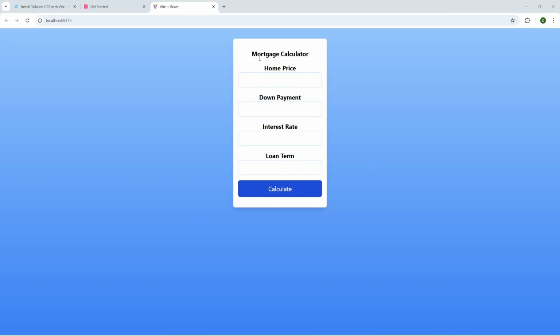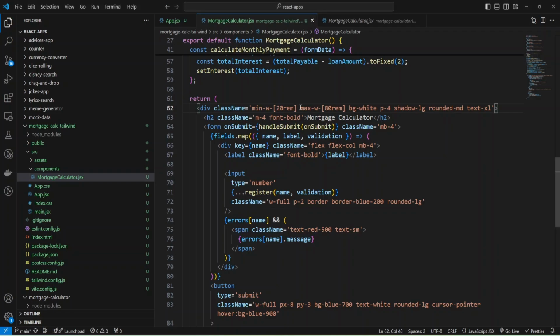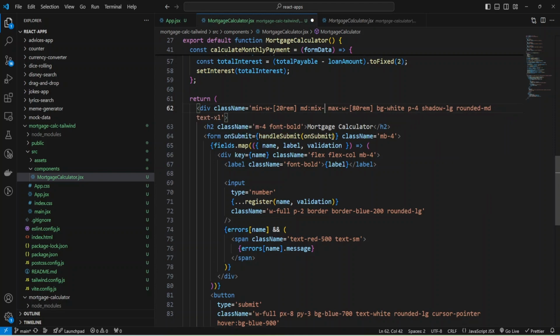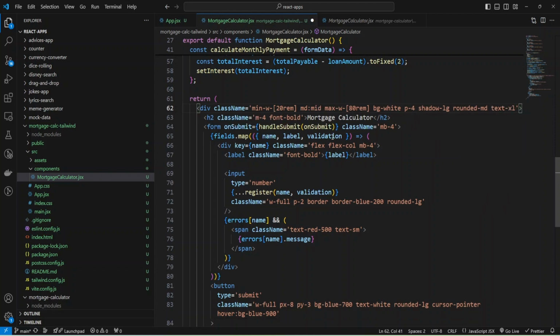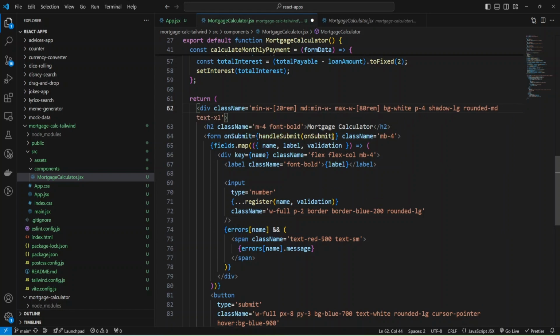And let's increase the width for middle screen and for large. And I'll provide 30 rem for middle. And we'll add min width and provide 30 rem.